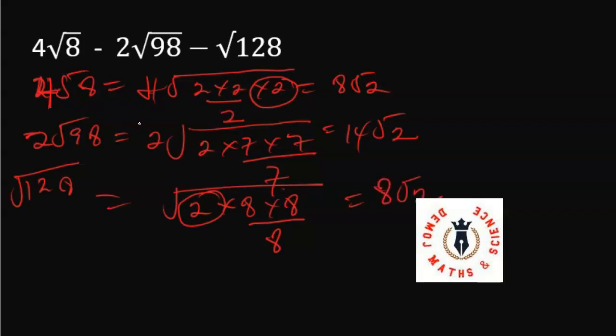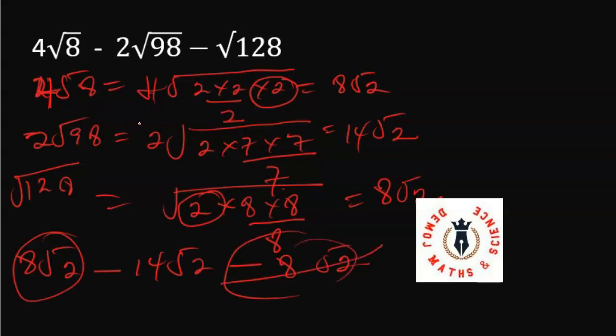So I can now interpret my question to become 4 root 8, that's 8 root 2, minus 14 root 2, minus 8 root 2. Okay, I have 8 root 2 here minus 8 root 2 here. That's 0. Then I'm left with minus 14 root 2. So my final answer is minus